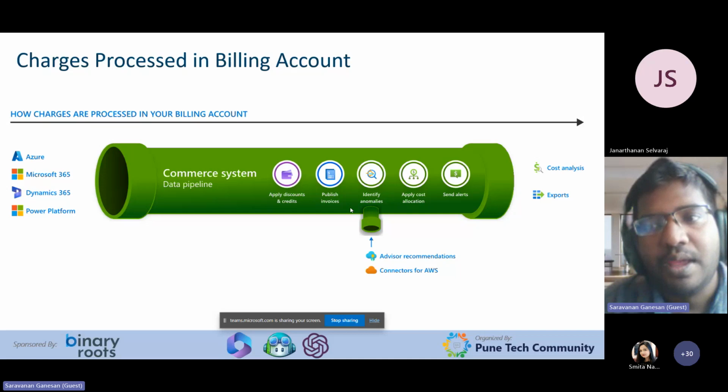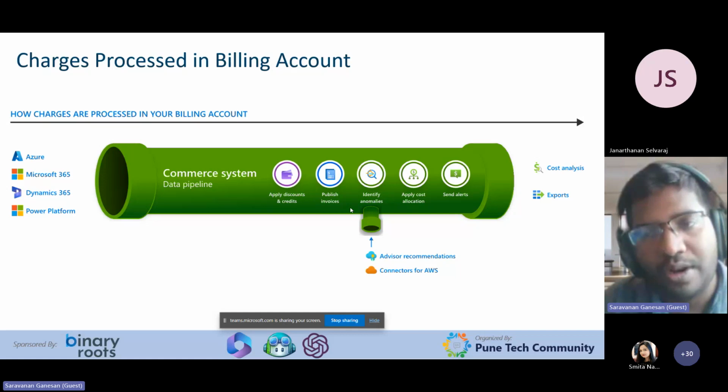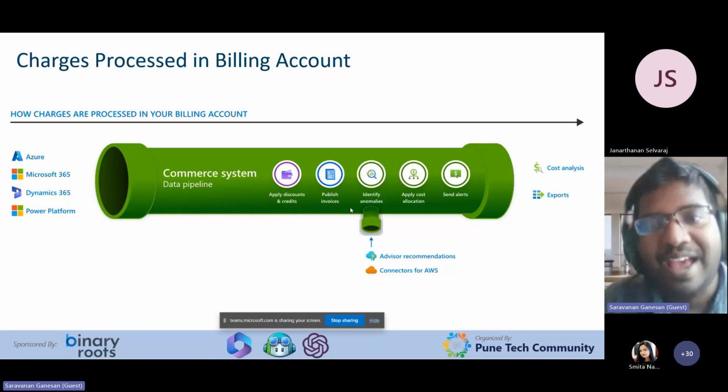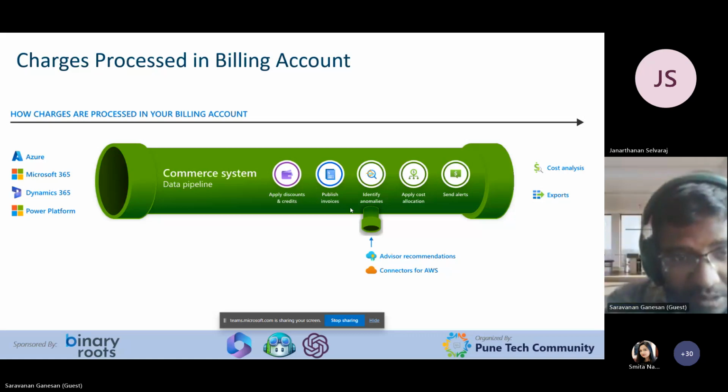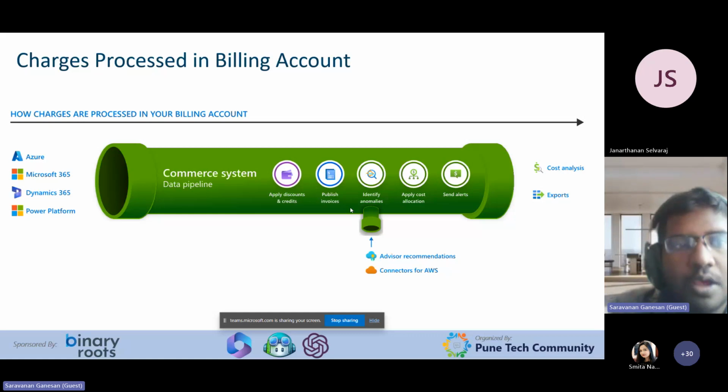Once my team gets the invoices, they can do some cost allocation based upon the existing data from my published invoice, and from there the data will be moved to the alerting part, that if a particular project's budget is exceeded, please send me alerts. So these are the things available in our commerce system data pipeline, so that whenever the services present in my Azure or Microsoft 365 or Dynamics 365 are passed into the commerce